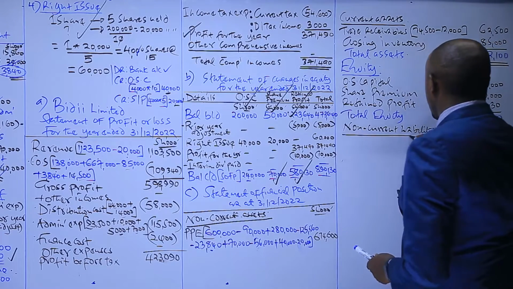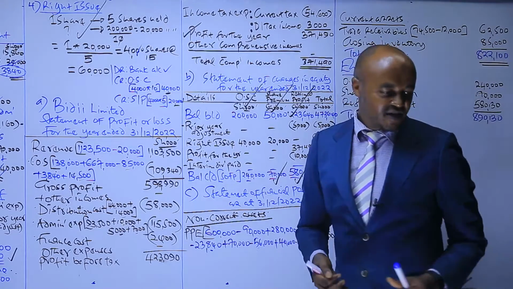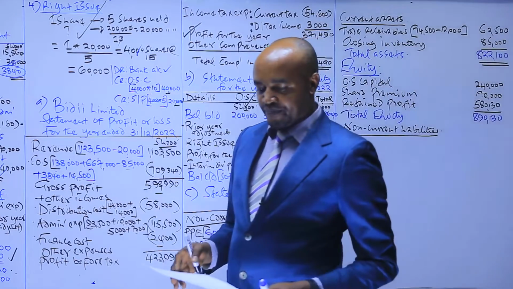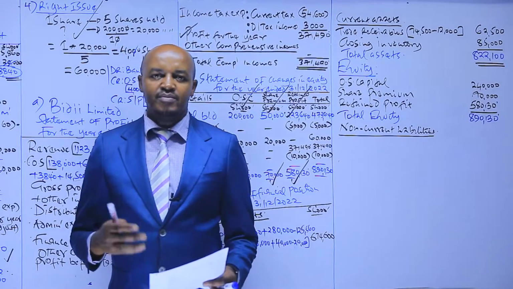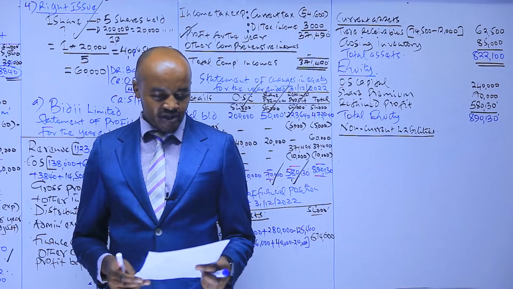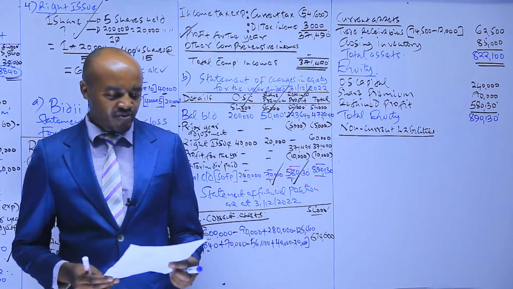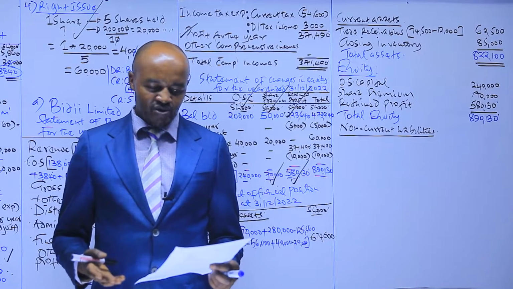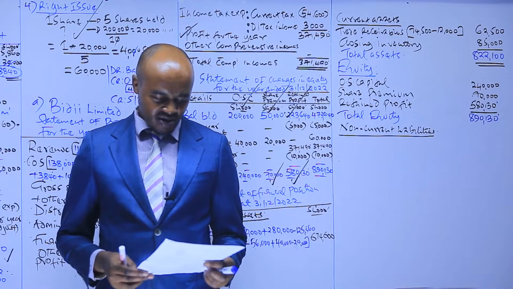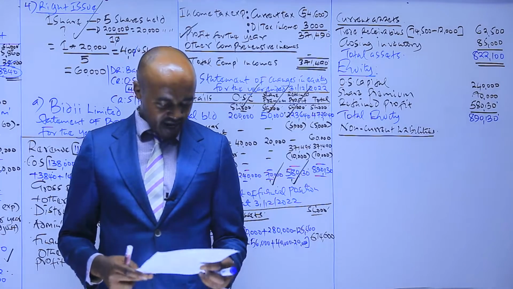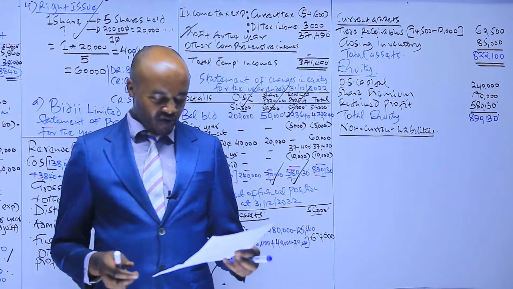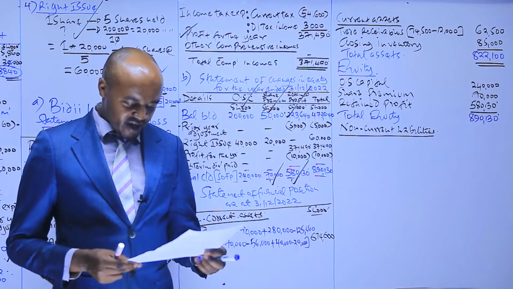The non-current liabilities. So which non-current liabilities do we have here? For non-current liabilities, we say these include things like the bank loan, debentures, redeemable preference shares, and maybe something like the deferred tax. So what we need to check are the non-current liabilities which we have here. And in this question, we don't have bank loan, we don't have debentures, we don't have redeemable preference shares. I think in our case, we will only have one non-current liability, and that is the deferred tax. And the deferred tax which we include here, first of all, if we go back to the trial balance, we are given a deferred tax of